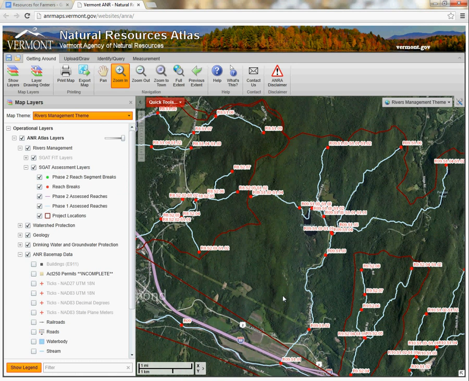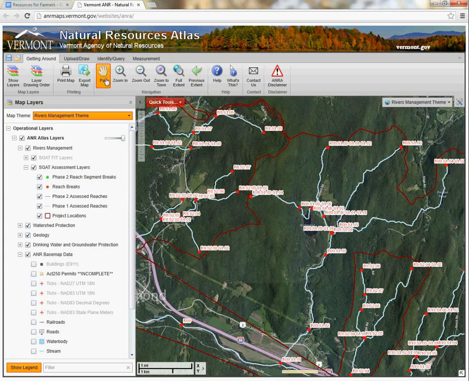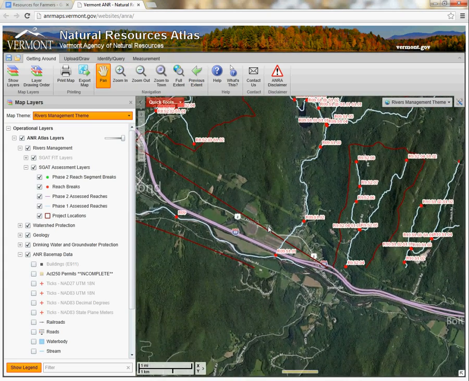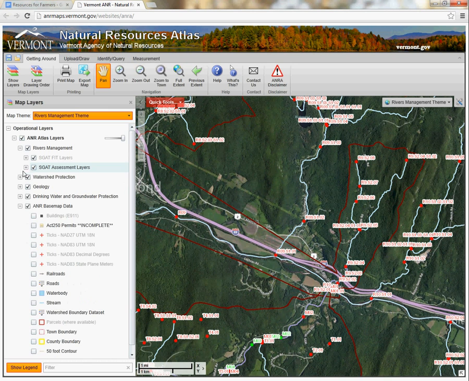So when these studies are, see what I did there? I accidentally was zooming in instead of panning. So what these stream geomorphic assessment layers actually show are